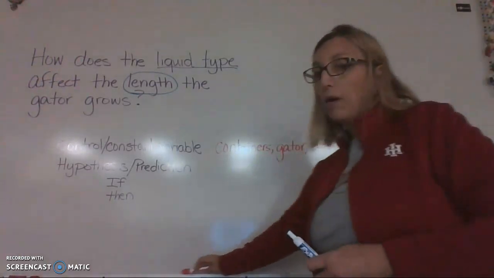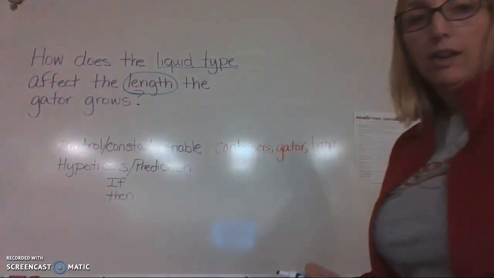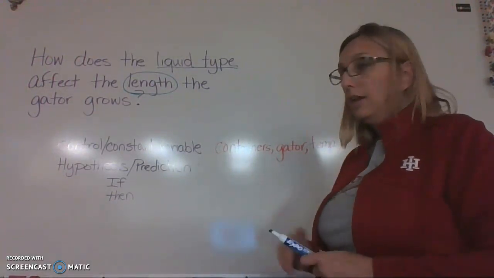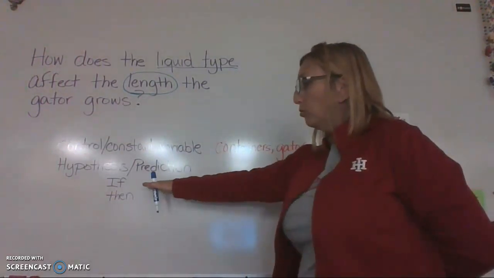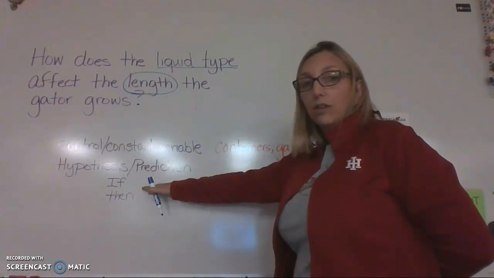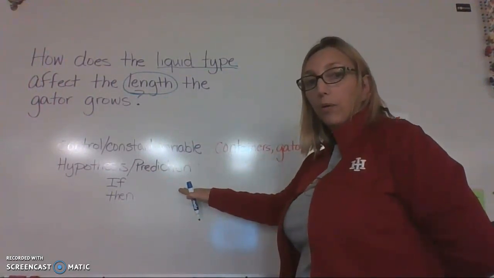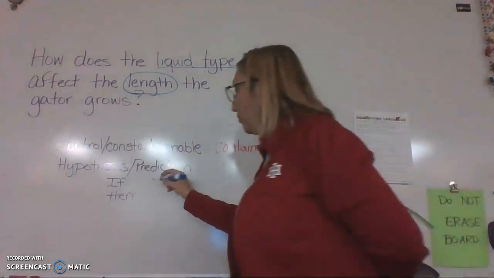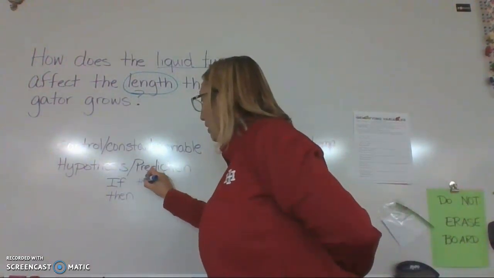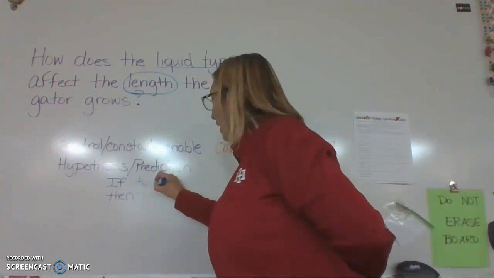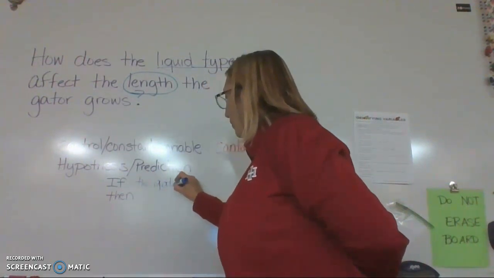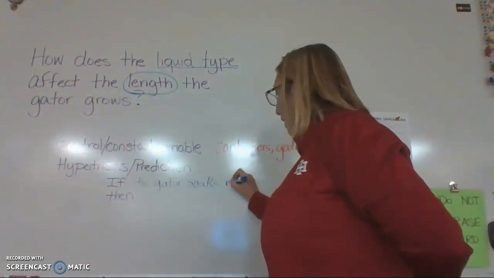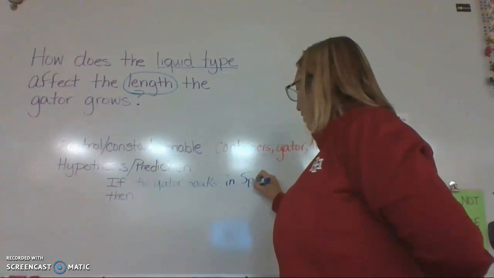Now, if I write a hypothesis or a prediction, I'm going to use the if-then format. And so remember, the first part is your independent variable. Okay, so that's going to be liquid type. So if the gator soaks in, we'll just say Sprite,